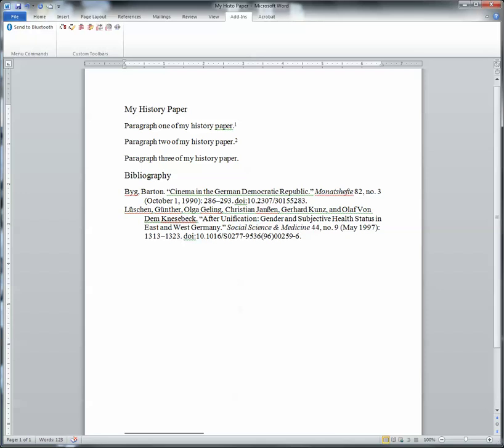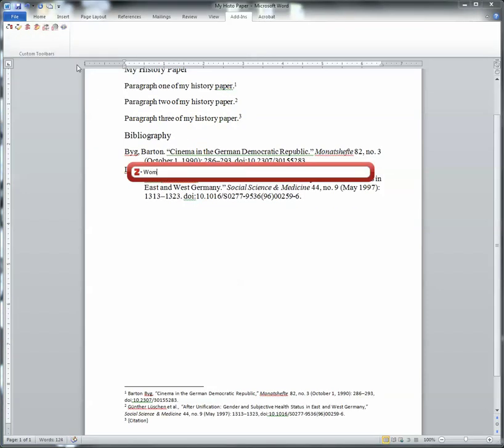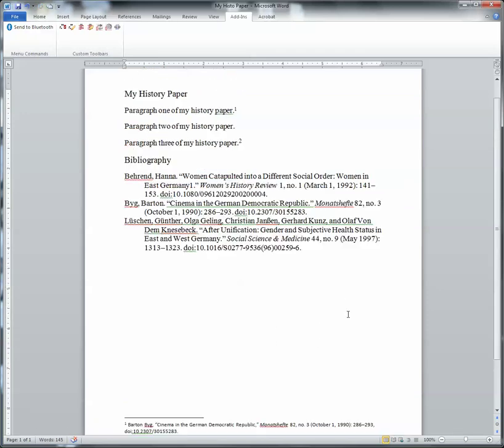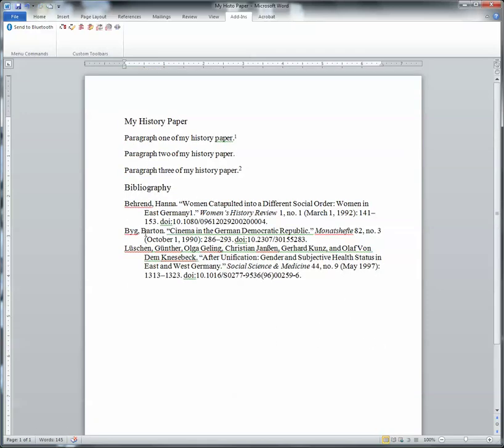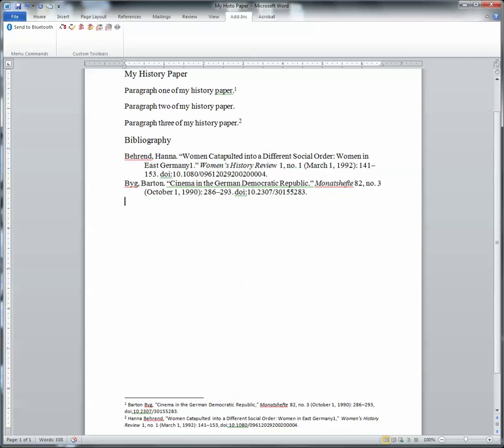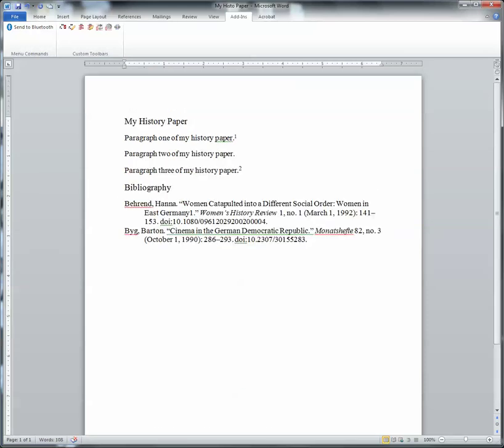Here it is. When you continue writing your paper, you can keep adding citations, and they'll be instantly added to your bibliography. You can also delete citations, but when you do this, you have to remember to manually delete the item from your bibliography. And that is the basic overview of how you can use the Zotero word processor plugin to instantly create in-text citations and bibliography as you're